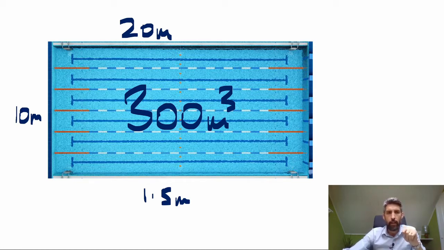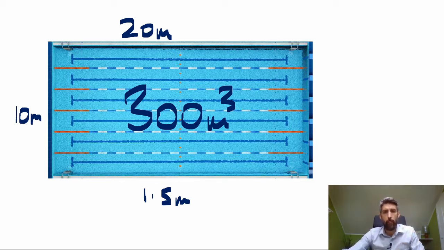So in this hypothetical situation, obviously you have to replace all of these measurements with the measurements of your own pool, but if we wanted to increase this pool's free chlorine level by 1 milligram per litre, what we're trying to do is basically put 1 gram of chlorine into every one of those cubes,